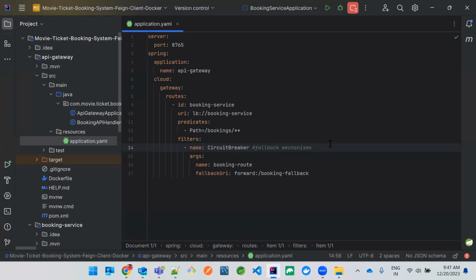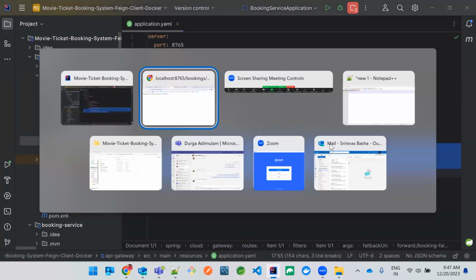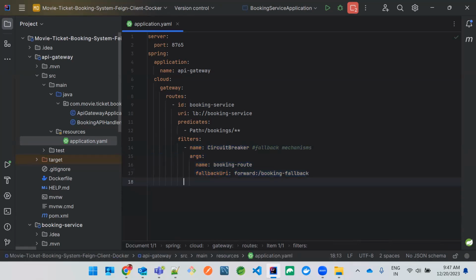And one more thing. Let me tell you the complete point. Let's say this circuit breaker is continuously giving booking services in maintenance mode: please try after some time. And the users are hitting our API gateway in such a way that so many people are hitting it, correct? We cannot allow the user to hit this bookings API more than 3 times. We can avoid that by introducing something called a